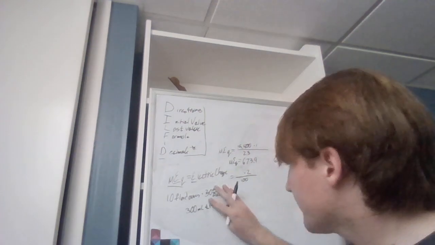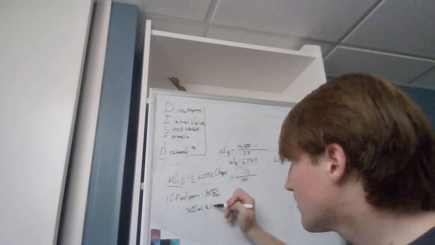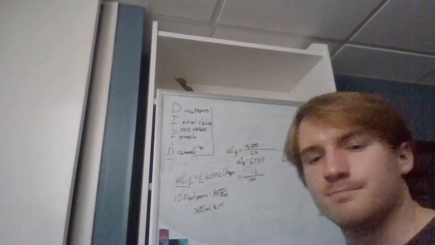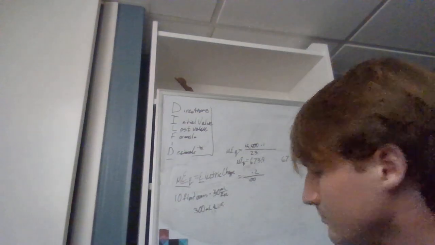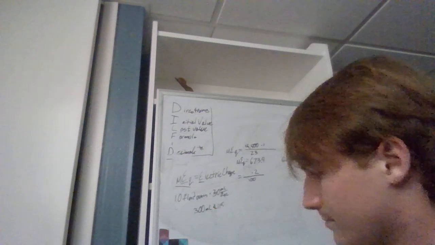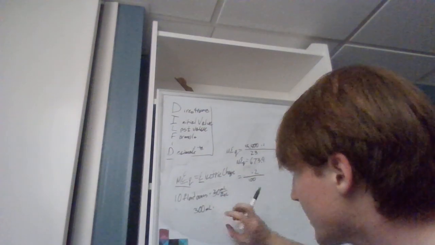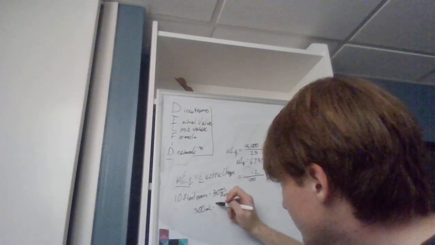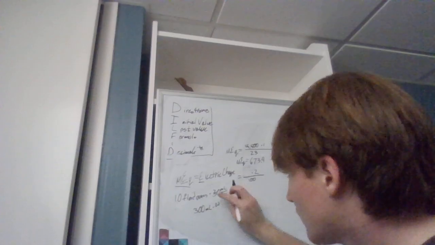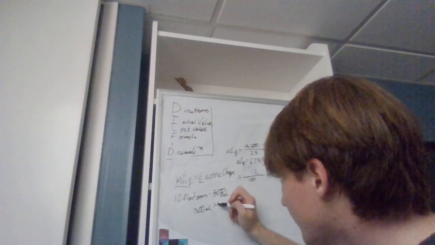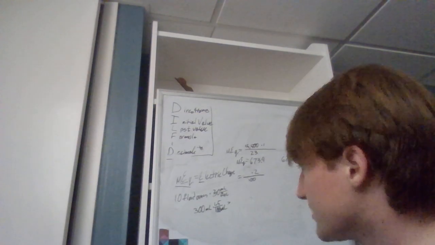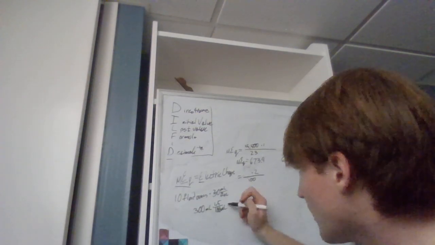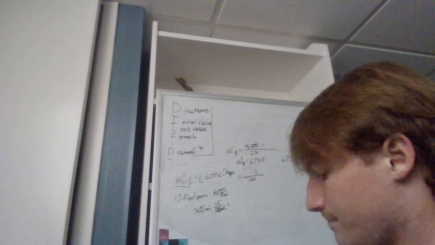0.015. Nope, 0.015. So 300. And this is also the same as saying times 1.5 divided by 100 ml, just for simplicity, because I know that that's the way that we've been taught. Times